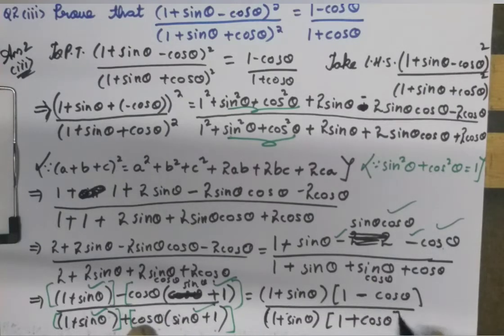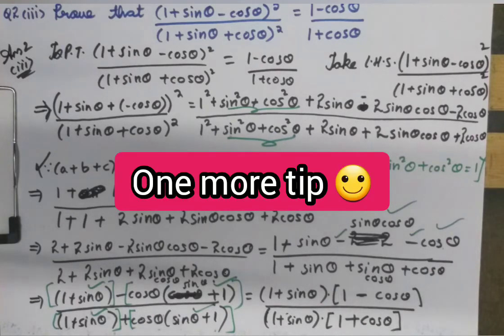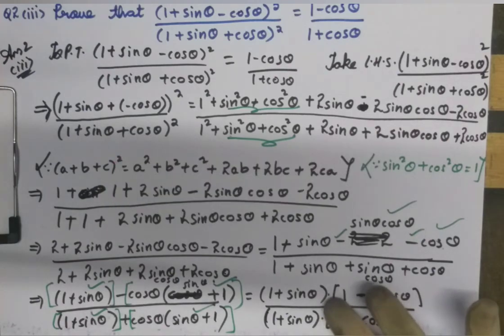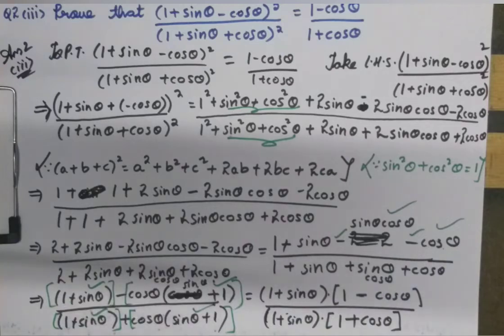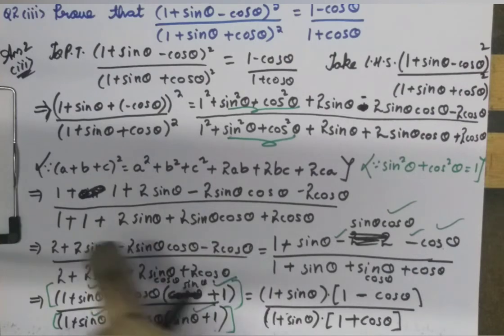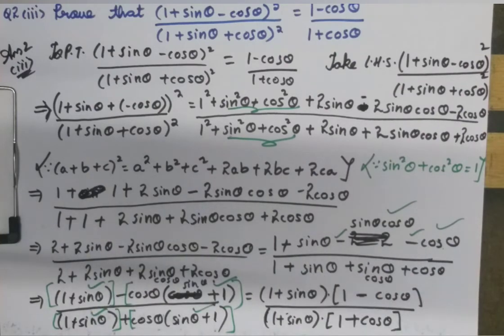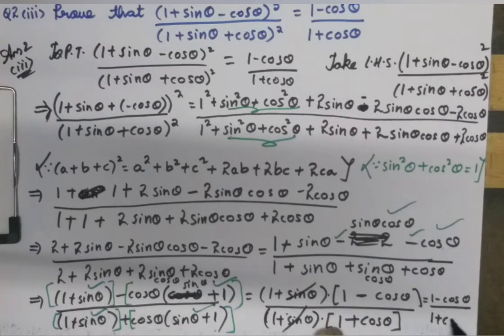Okay. So here in numerator also I have 1 plus sin theta, and denominator also I have 1 plus sin theta, and here I have into, so I can divide. Okay. One more tip I want to give you here. Many students will get confused. If they are having plus here, what they do is they cancel here only, but that will be wrong. Whenever you have minus and plus, you cannot cancel. You take common and then you will get into, then you can cancel. Okay. So 1 plus sin theta, 1 plus sin theta will get cancelled. What is left here? 1 minus cos theta by 1 plus cos theta.